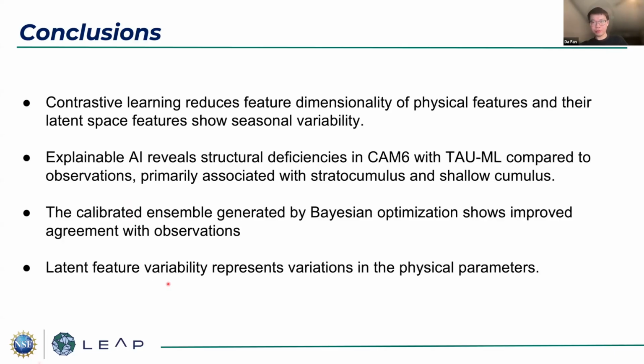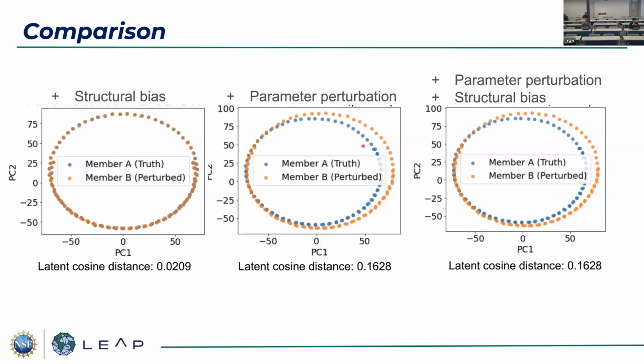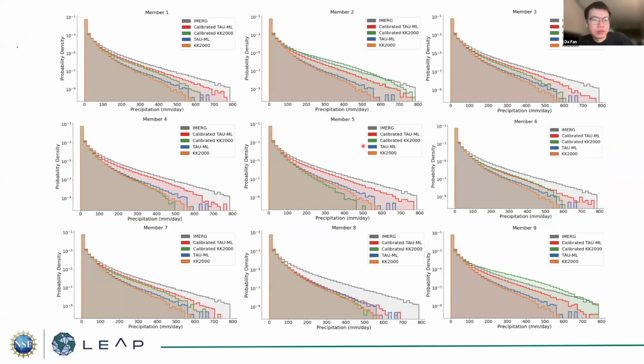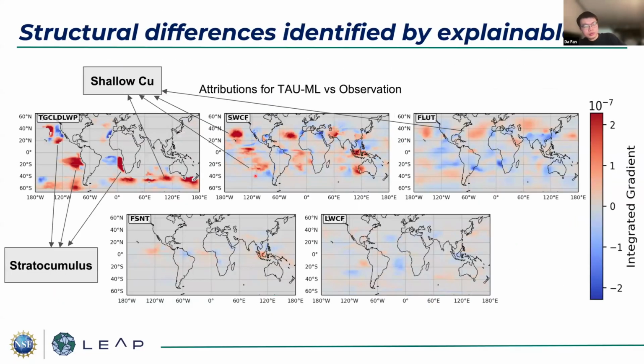Thank you. Very interesting. I'm wondering, could you go back to your explainable AI figures? So I'm just curious, I think FLUT is longwave flux. Is that right? I'm just interested that you're seeing, are you changing something then in deep convection or higher level clouds from these shortwave rain? Or do you have an explanation for why this is also showing up in the longwave?